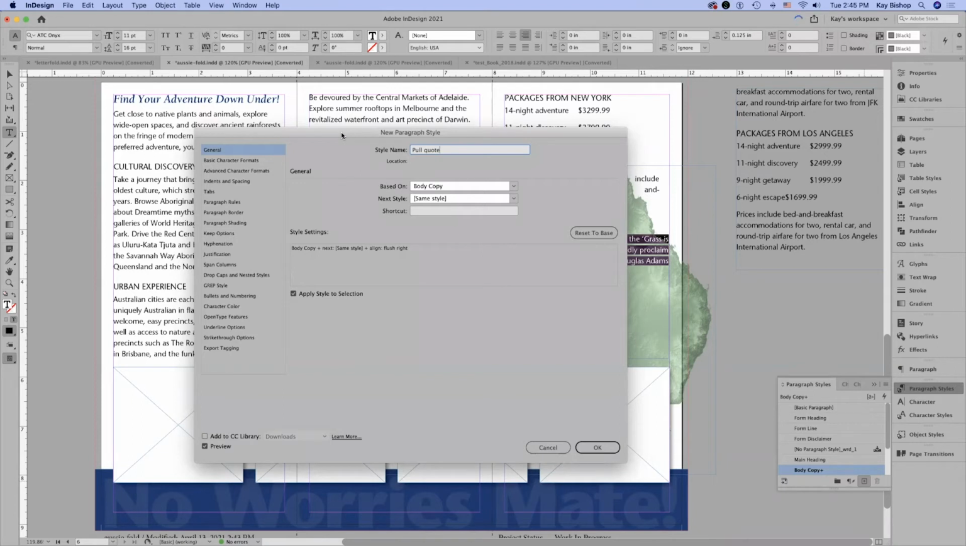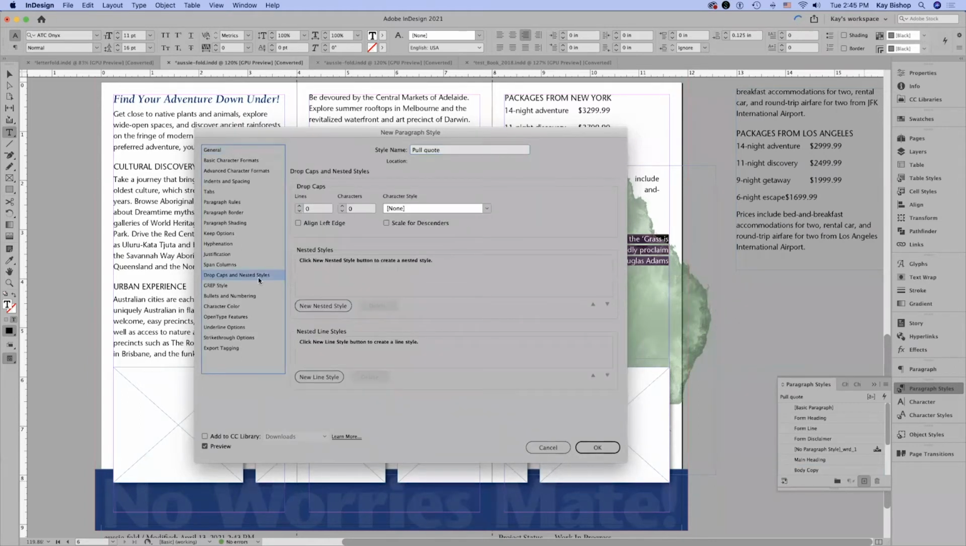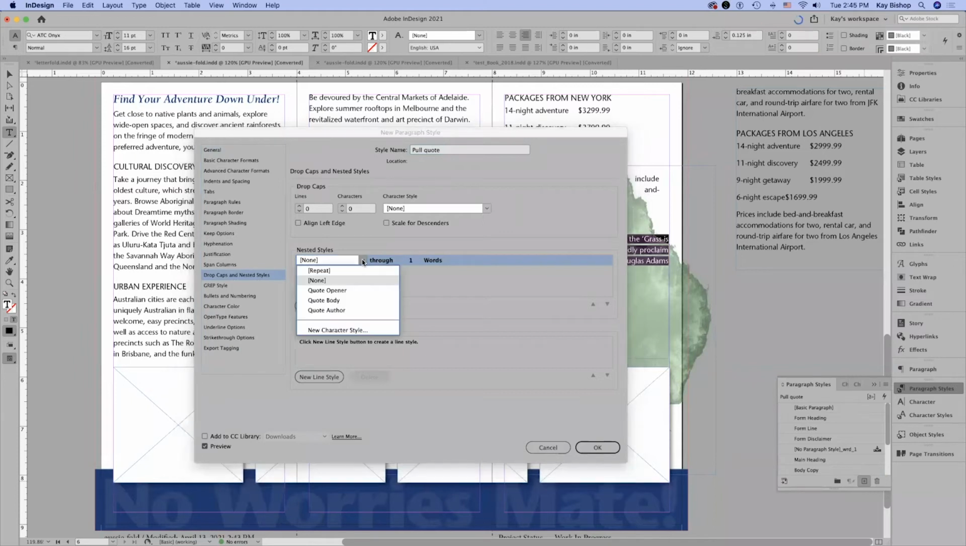So this is on page 345 and we have not used nested styles before. What we're going to do is nest some character styles inside of this paragraph style. The first thing is we want to create a drop cap style. So I'm going to go to drop caps and nested styles in the left sidebar here. And then I can click on new nested style. And if you click on the arrow, it's going to show you the character styles